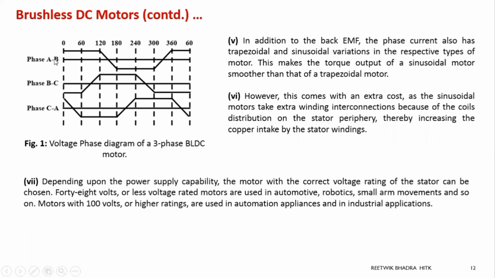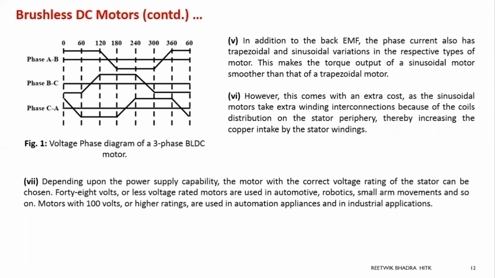All these three phases A, B, C are separated by 120 degrees. So from here it ends at 120, then it starts over here at 0, then this one starts at 120, this one starts at 240. So this is how the waveform forms over here. Now, why does this waveform form? You know all this. I'll give a hint. I don't have to explain all these things because you all know them. You just see what I'm going to tell in the next two slides.